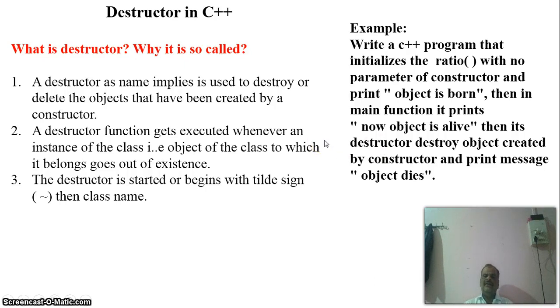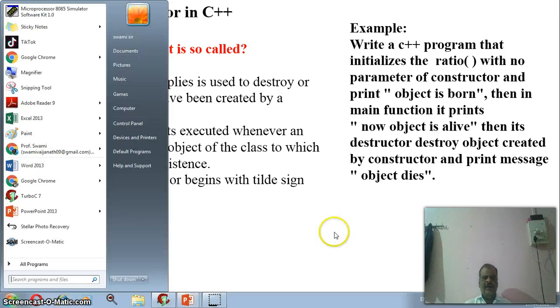That is how the constructor is identified and how the destructor is identified. A constructor is identified because the class name and constructor name are both the same. And the destructor name and class name are also the same, but it begins with a tilde sign. There is one difference between a constructor and a destructor: the constructor is independent and executes by itself, but the destructor is initiated only when a constructor is present. Then see how it works.